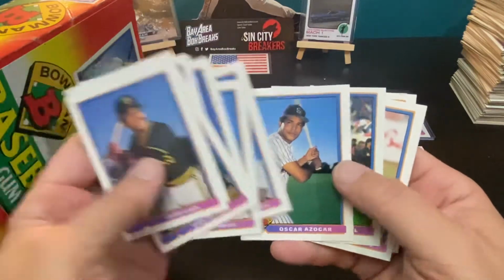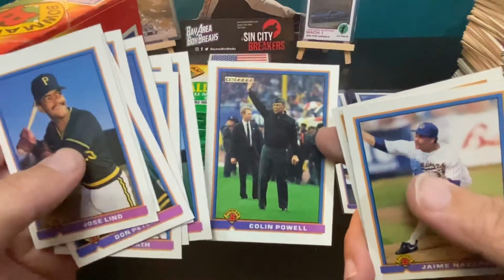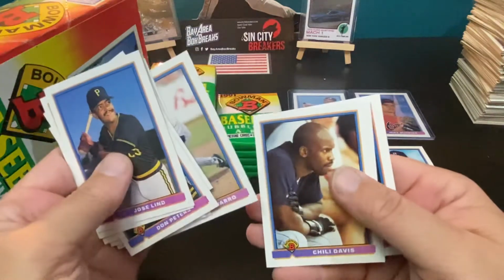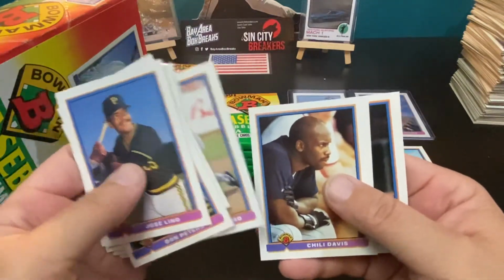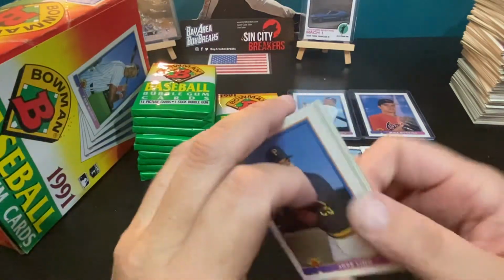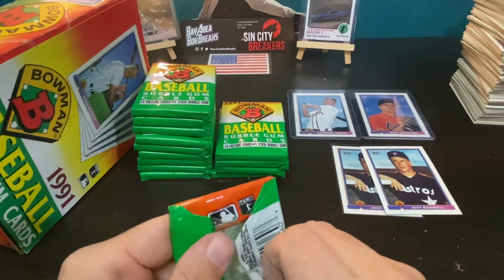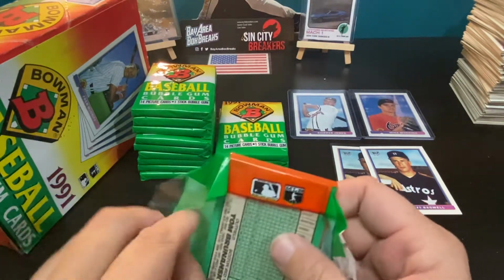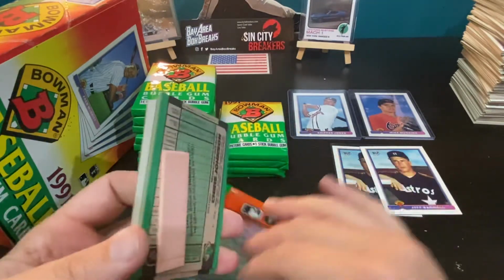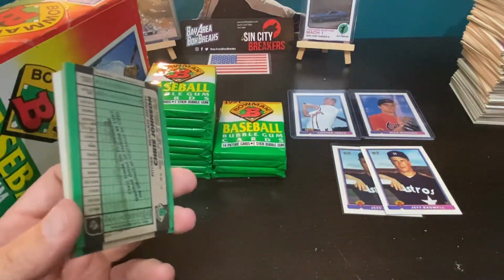I recently just finished the 2019 Topps Gold card set. And it's way off cut with the Colin Powell. Got the 5 stars at the top. I picked up the Tatis, and what was the last card I got? I got Tatis rookie gold, and he's a closer for the Cardinals. Forgot his name now, but they were the last 2 cards I picked up, and I completed the Series 1